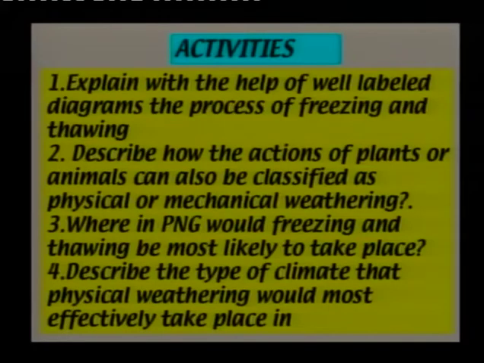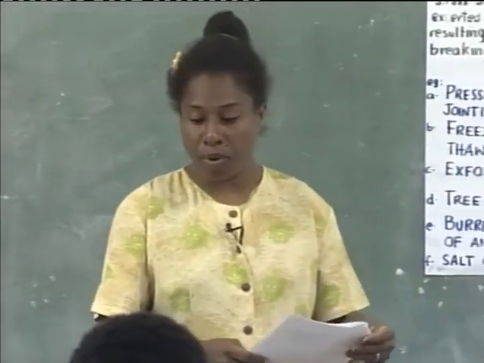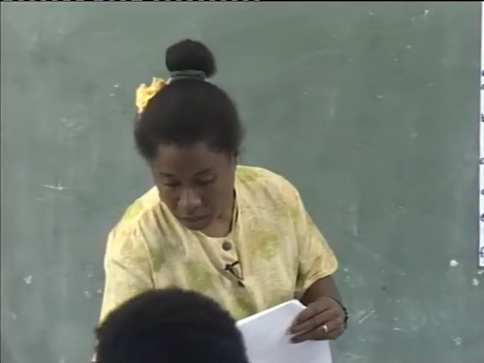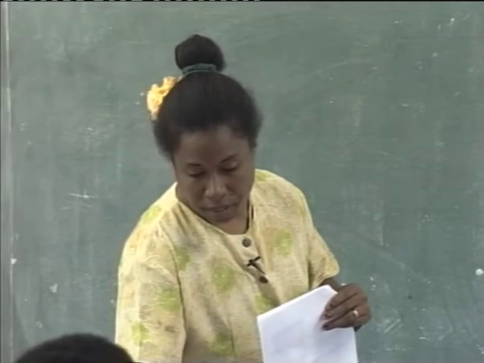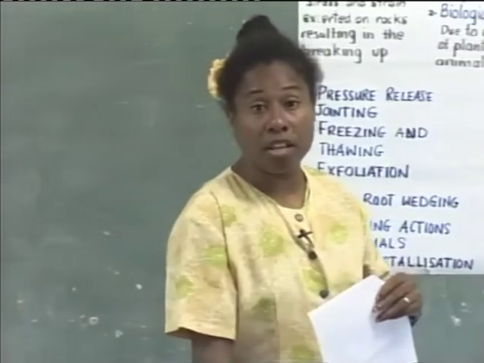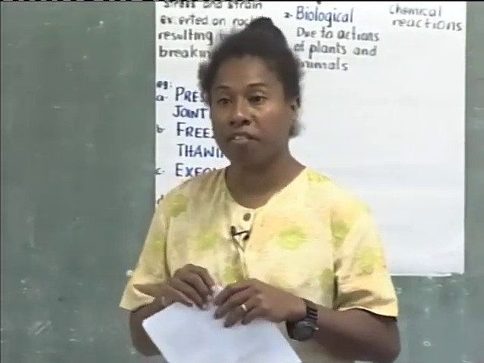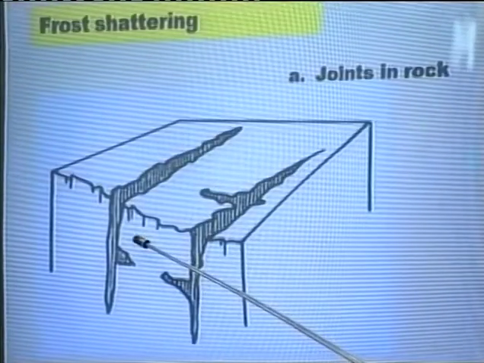Okay, let's check. For the first one, you're supposed to explain with the help of well-labeled diagrams the process of freezing and thawing. Okay, if we go back to looking at the example on freezing and thawing, you should have at least 2 diagrams. The first diagram to show you the cracks or the joints or crevices on rocks. And note that in the first diagram, when you have constructed it, you must label that these indicate cracks or crevices